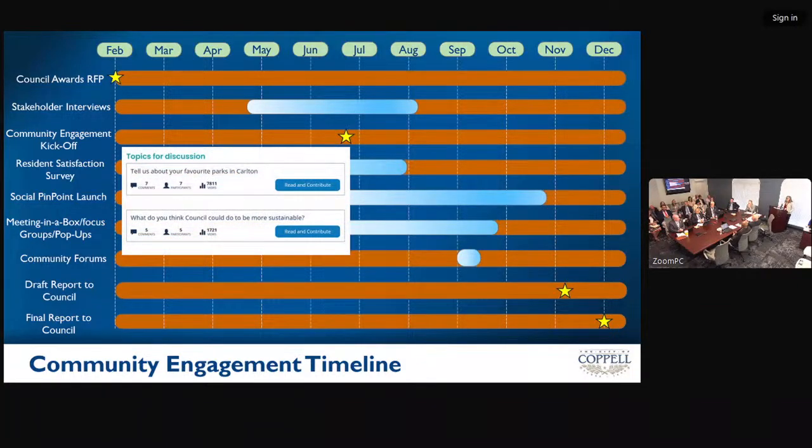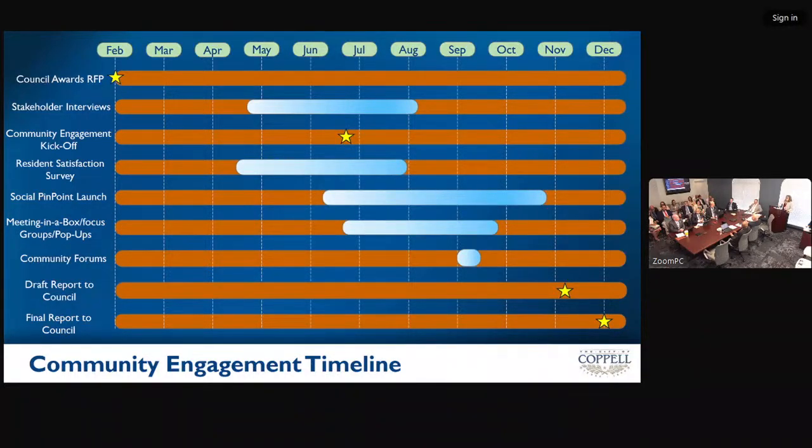We're also going to have, as part of that, online forums, which can be prompted with questions that we would be posting to the site, hoping to get engagement around certain topics. Also, you'll be able to see the types of comments that are coming in, whether folks are engaging with that, whether they're in support of this idea. And in addition to those two features, we will also have an online survey on the Social Pinpoint site as well. So that's the virtual online component to the engagement.